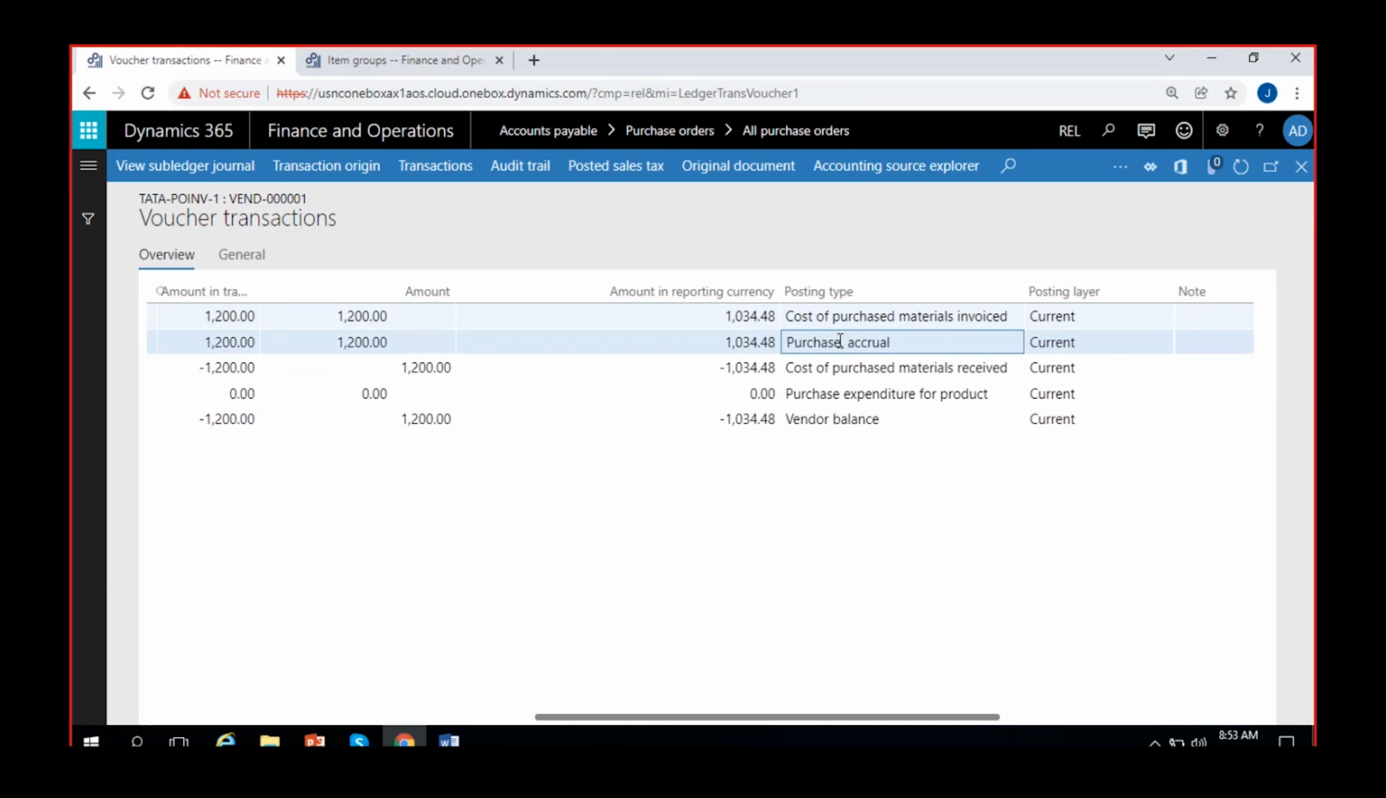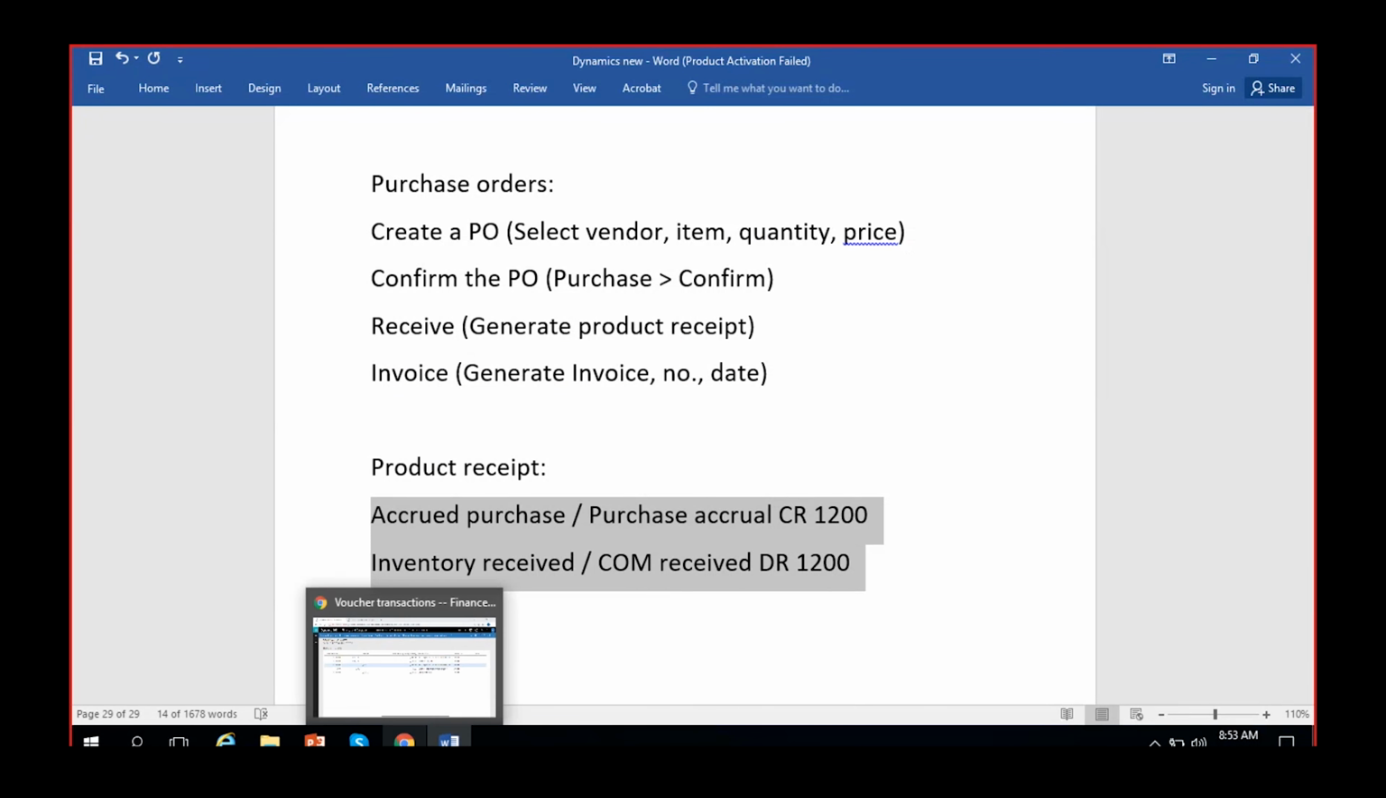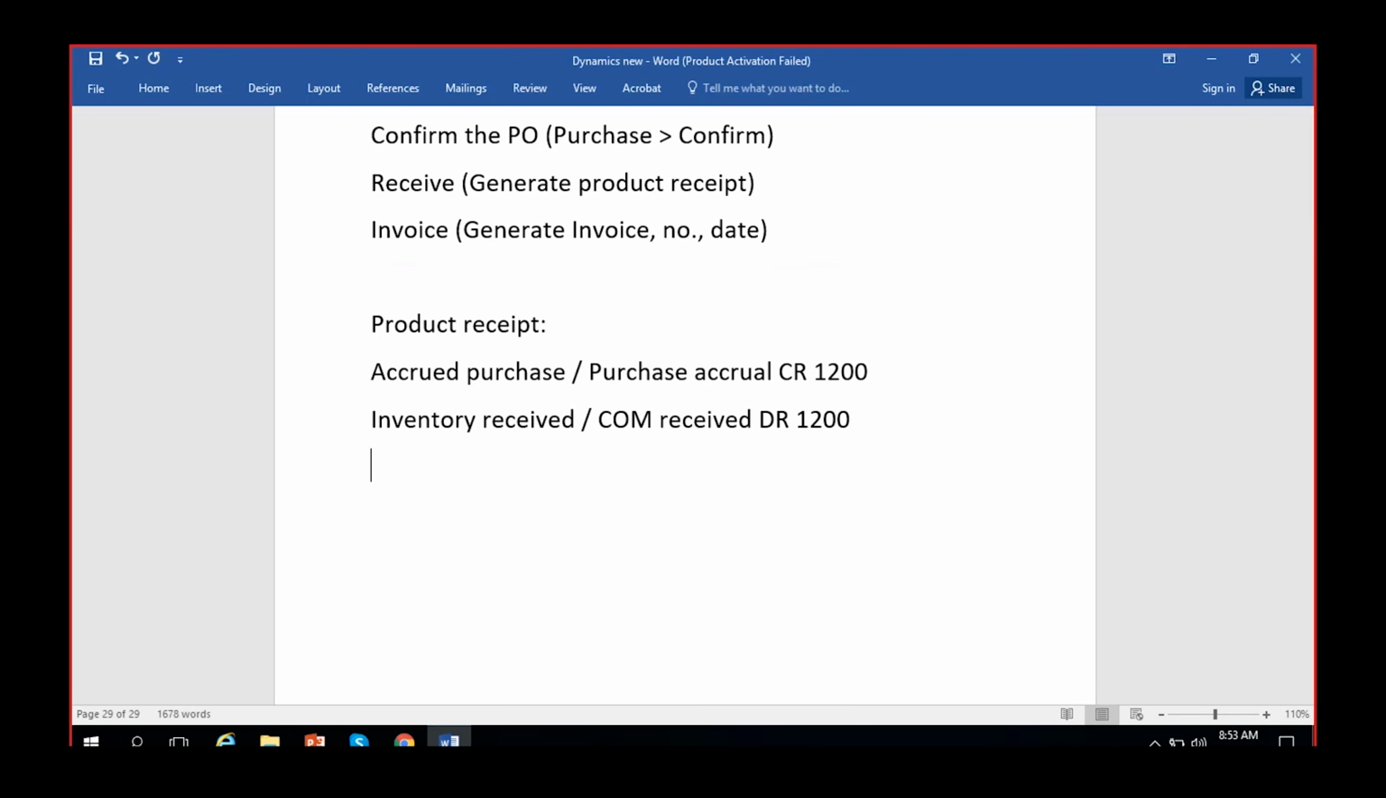So purchase accrual will get debited and cost of material received will get credited. It means the product receipt entry, whatever was posted earlier, will entirely get reversed. The accrual entry will get reversed and the original entry will get posted. The original entry is that the vendor balance will be credited, meaning the accounts payable account is credited and cost of purchased material invoiced will be debited. So since you are receiving the inventory, I'll also note down that